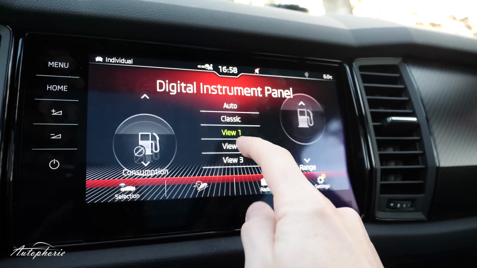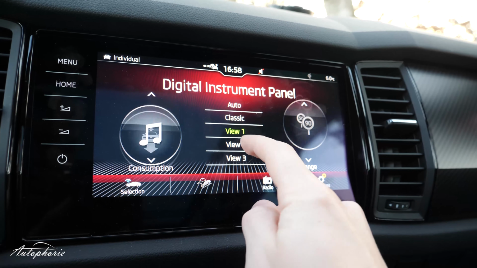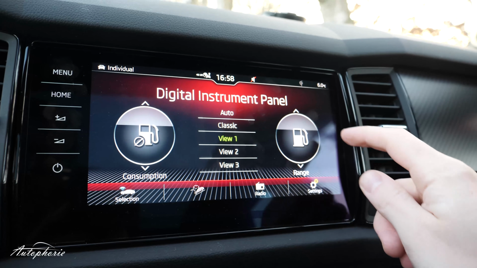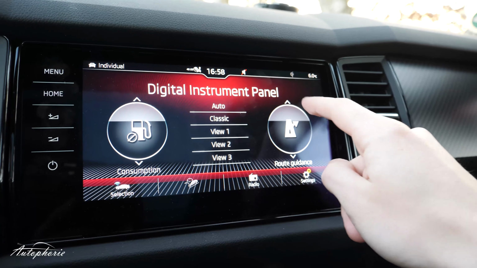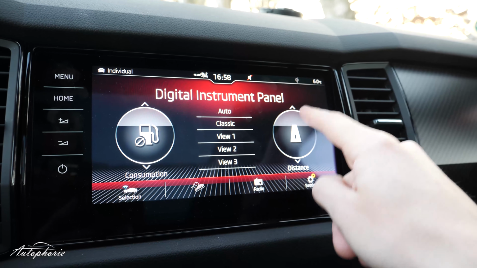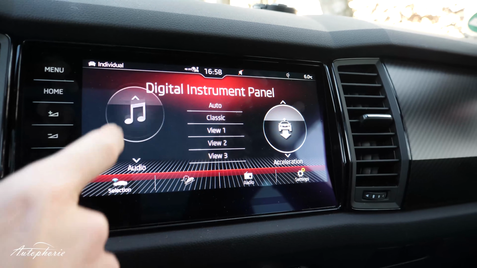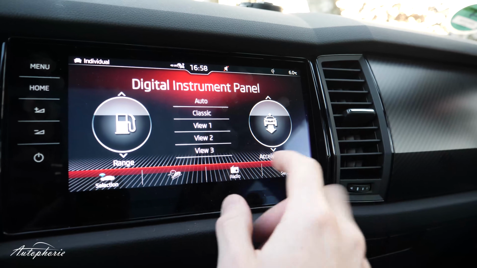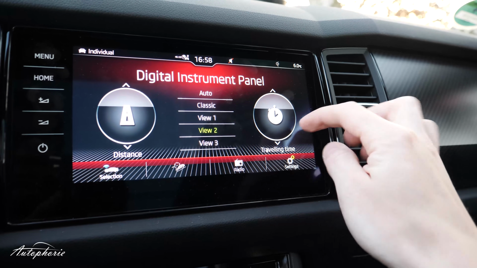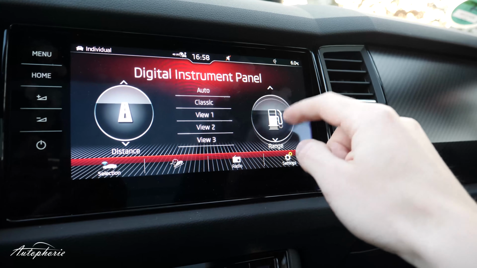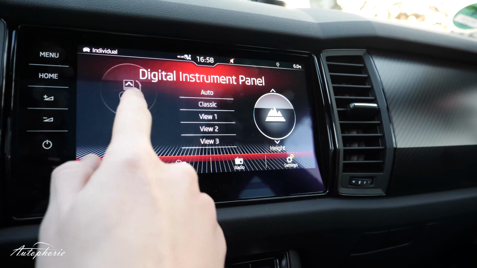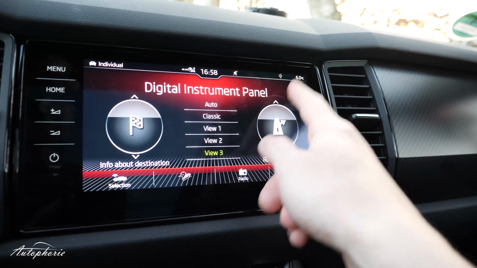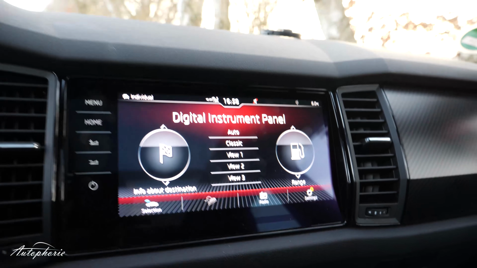And then quite interesting, you can set 3 personal views and you can switch by swiping what you want to see in the right and in the left hand corner. And whatever you stop on, you set it to the view, and then you can, I don't know, have some different views over here, and there you go.